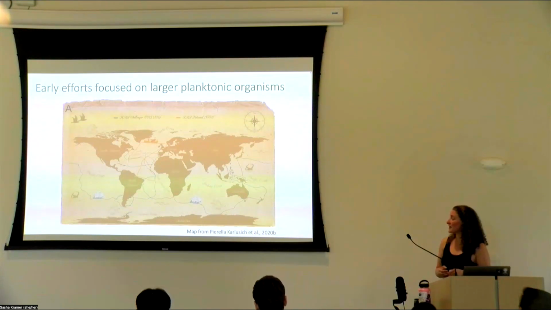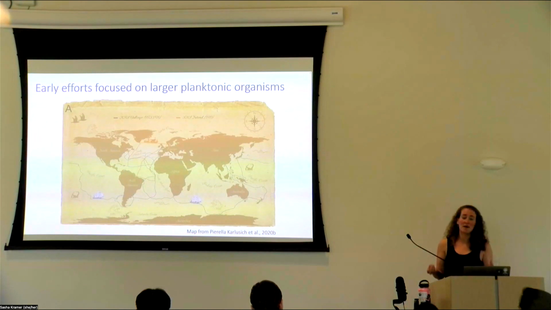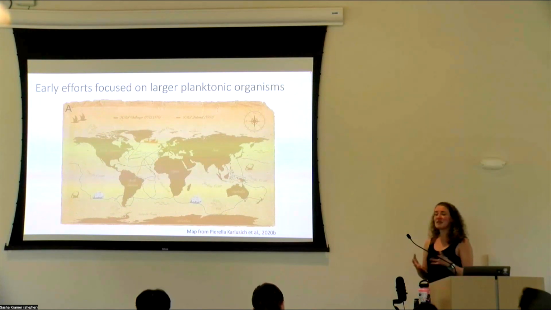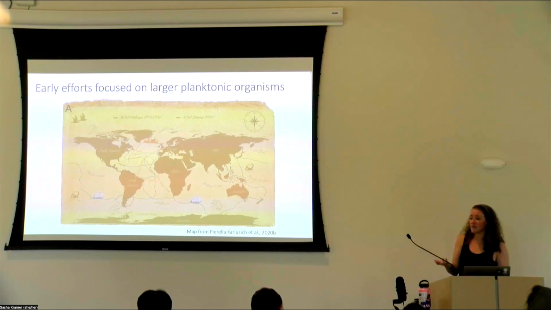So the first earliest efforts to describe phytoplankton communities, if we think about the fact that they are extremely tiny, one of the words we first came up with when we were defining them was microscopic. You can imagine that for a very long time, people looked at the ocean and didn't know about the diversity of organisms that was there. But the development of tools like microscopes, even if they weren't anywhere near as powerful as the microscopes that we